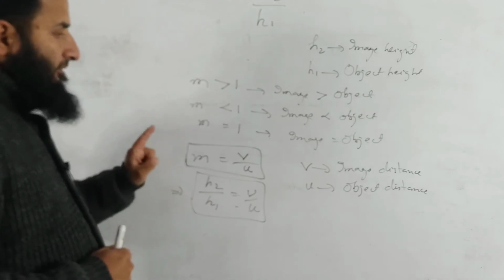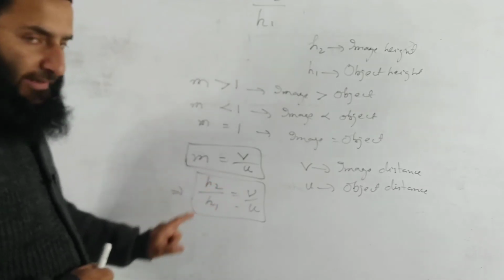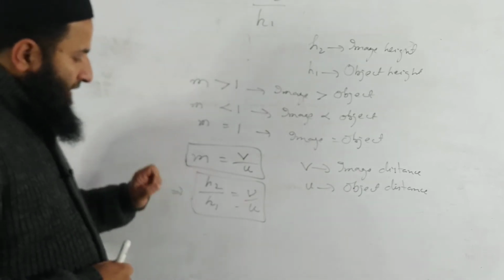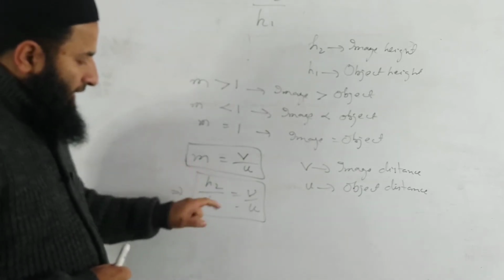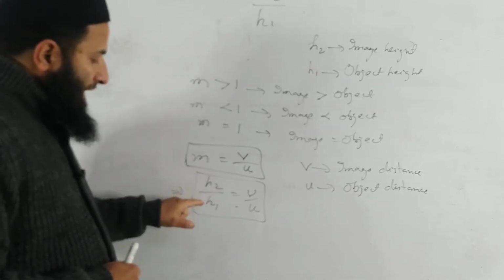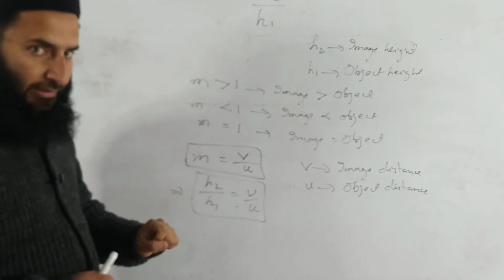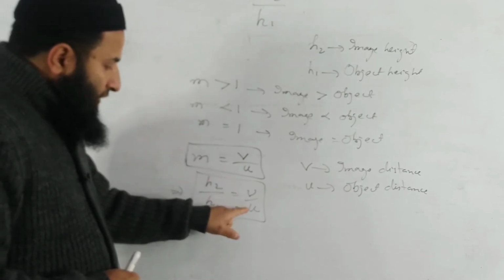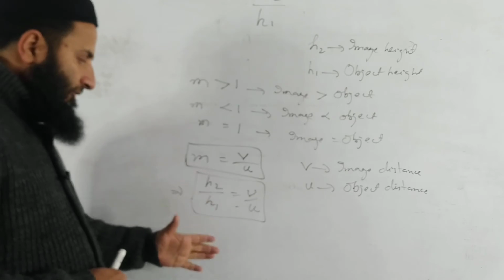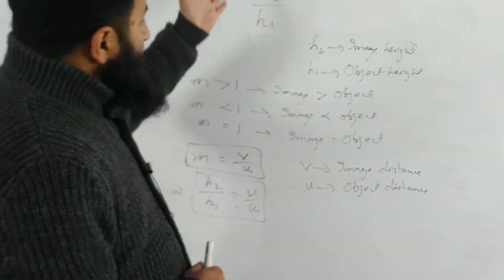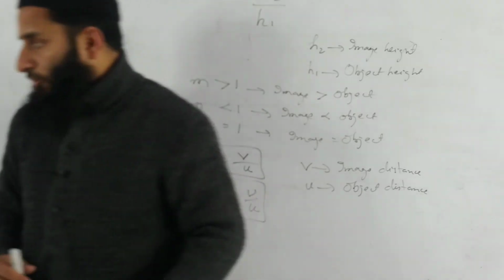If we know the value of 3 of the variables, the fourth one can be calculated. If we have the value of h2, h1 and v, we can calculate the value of u. If we have the values of h2, h1 and u, we can calculate the value of v. Similarly, if we have the values of h2, v and u, we can calculate h1. And if we have the values of h1, v and u, we can calculate the value of h2. This is magnification. Next more topic, that is